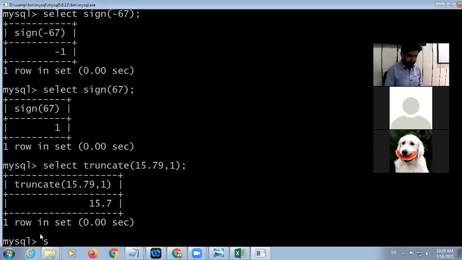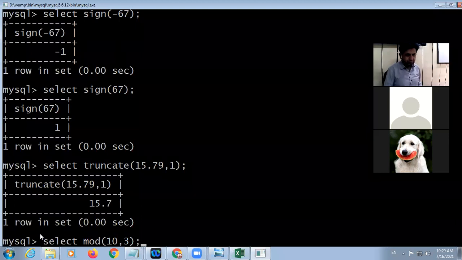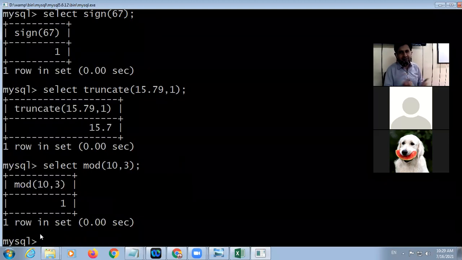Select mod. If we divide 10 by 3, what will be the mod value? The remaining value is 1.